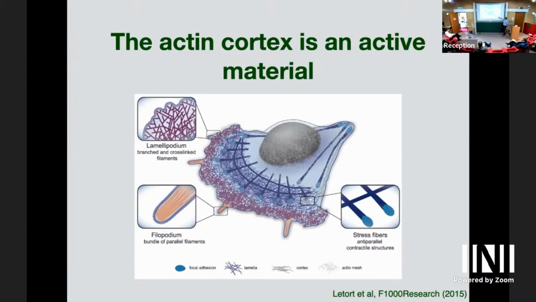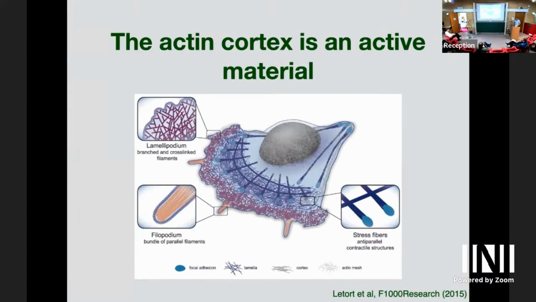And in crawling cells, so this would be a cell on a substrate, it's flat, you see this big structure called the lamellipodium that really generates the forces necessary to advance the cell. And the idea was to find physical descriptions of this